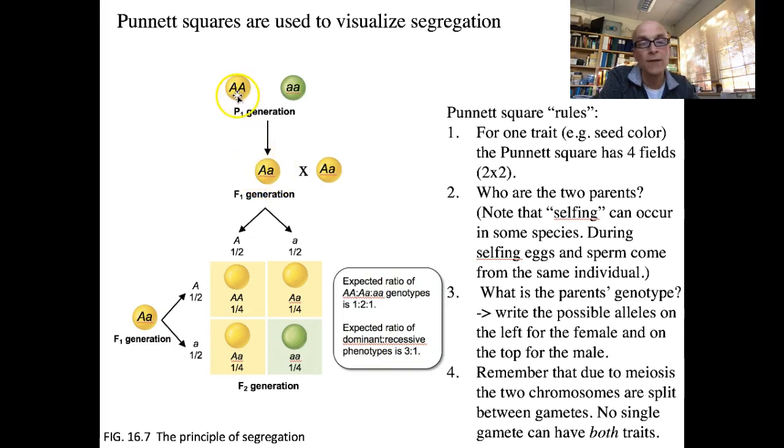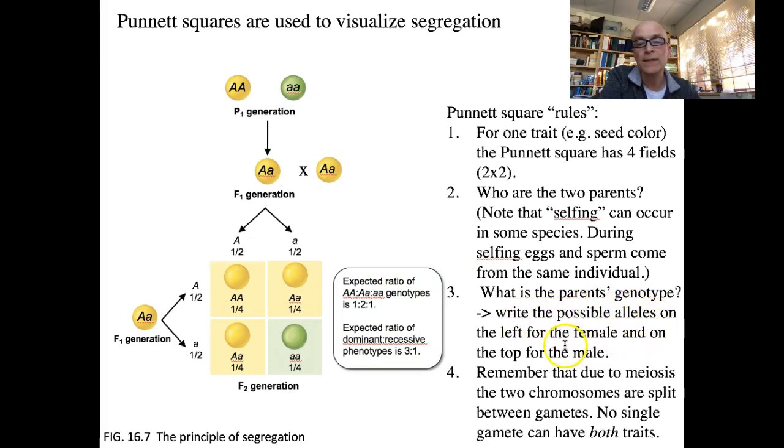They can only have one A that comes, one large, one capital A, one big A from the yellow parent, and a little a from the green parent. And that gives you this mixed F1, this heterozygote F1. Okay, so once you know that you have a heterozygous F1, you now know the parent's genotype, and you write